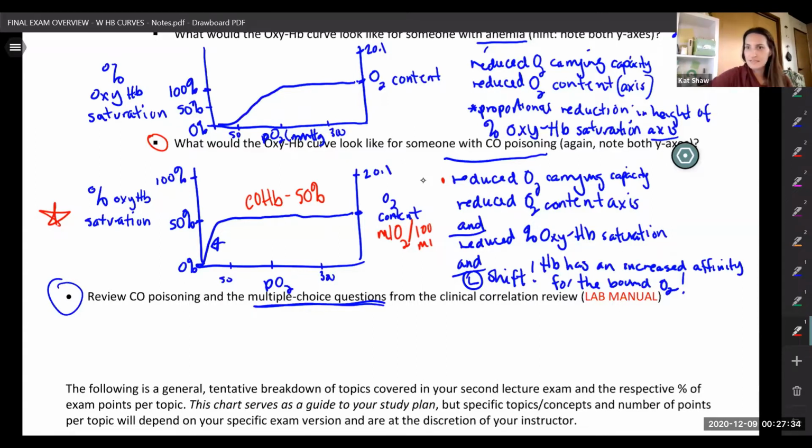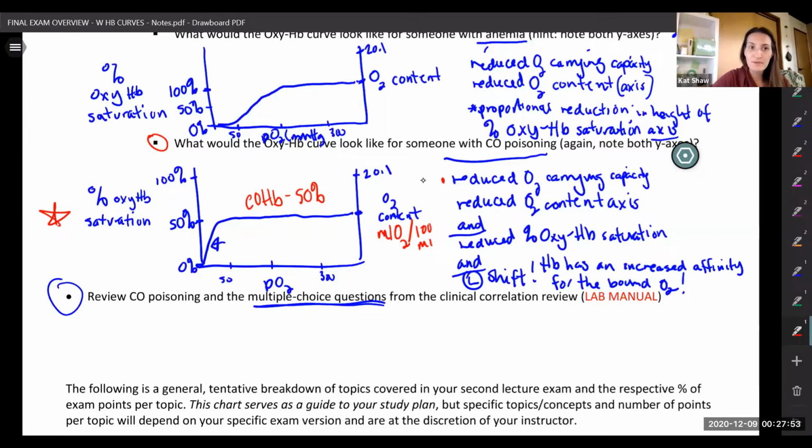And that's the example that I'm showing here, 50% saturation with carbon monoxide, 50% saturation with oxygen, right? So these are things that we would expect to see: reduced oxygen carrying capacity, reduced hemoglobin saturation with oxygen,